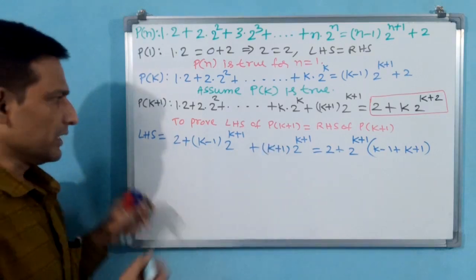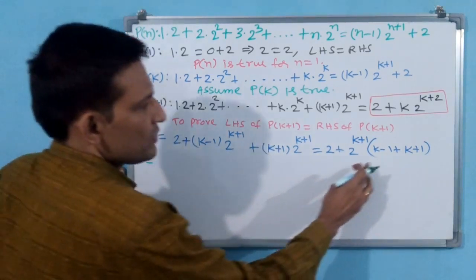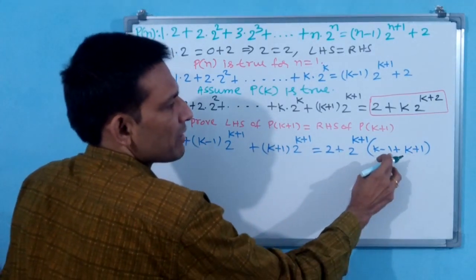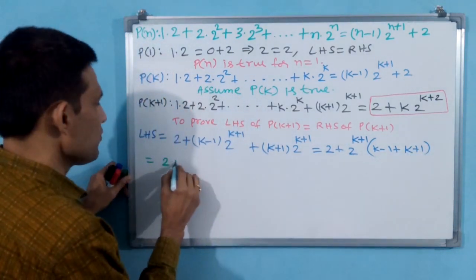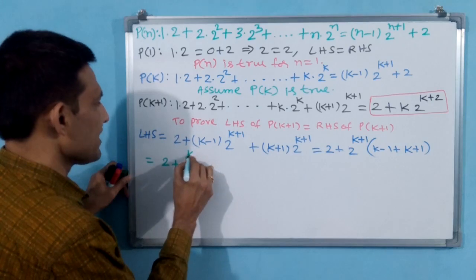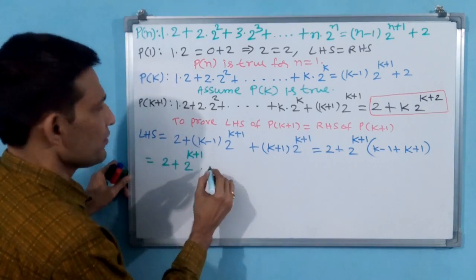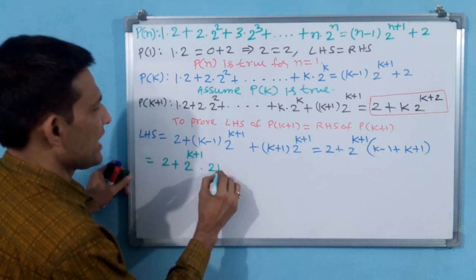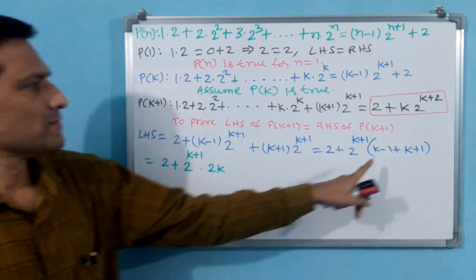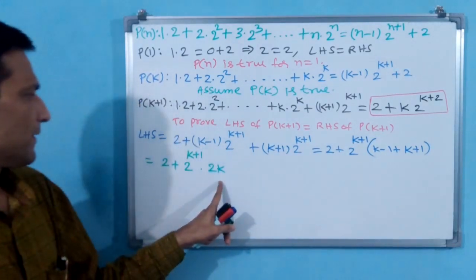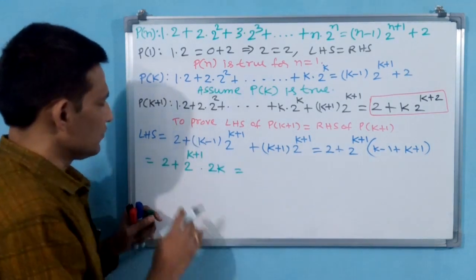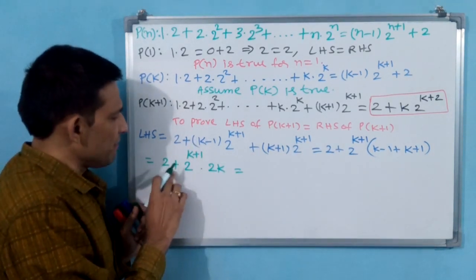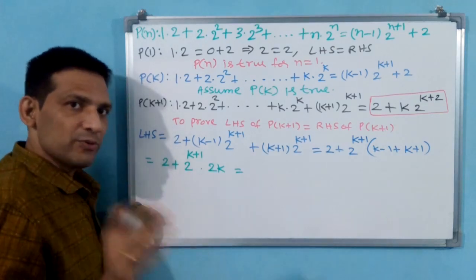Is it correct? Okay, now let us go. You see, k, 2k, but minus 1 plus 1 are going to get cancelled. 2k. 2 plus 2 power k plus 1 into 2k. Is it okay? K plus k, 2k, 2k. Is it okay? Okay. Now you see that is equal to. See, here base is same, but addition is there. That is why you cannot do anything.